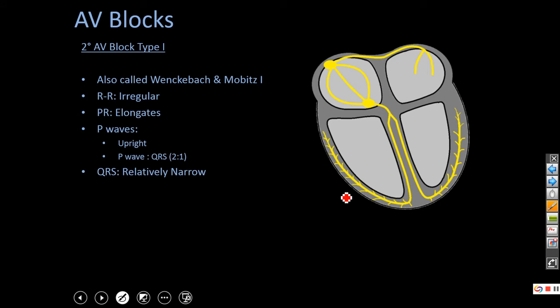Okay, so what happens if the AV node blocks out an impulse altogether? If the SA node paces the heart and the AV node blocks out one of those impulses, what's that going to look like? Well, if the AV node delays those impulses gradually and that PR gets longer, then we call that second degree AV block type 1. And what's that look like? Well, you get this progressive lengthening of the PR